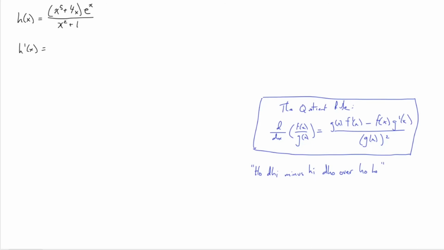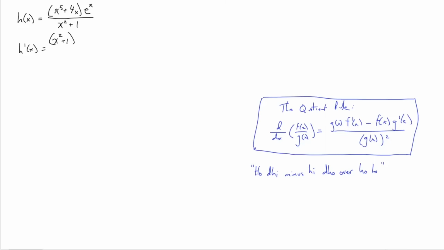And what's the derivative? Well, it's certainly ho d hi minus hi d ho over ho ho. And the ho part, that's the denominator, that's x squared plus 1. And the d hi is where it gets interesting. It's the derivative of the numerator. Well, the numerator, x to the 5th plus 4x all times e to the x,